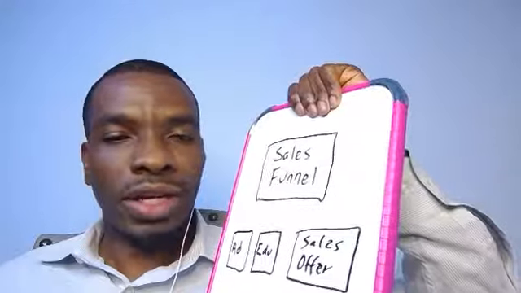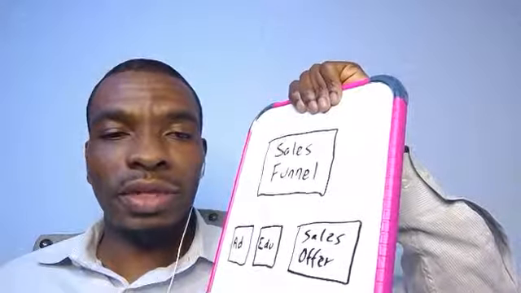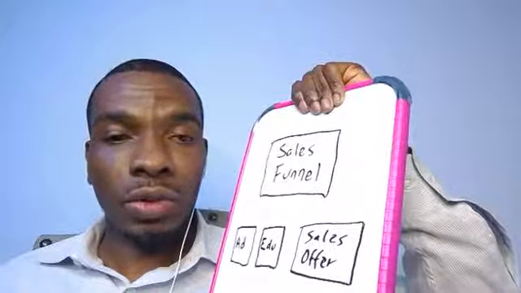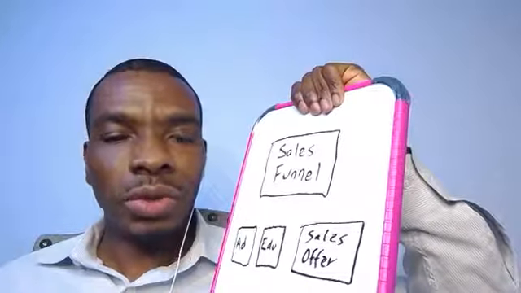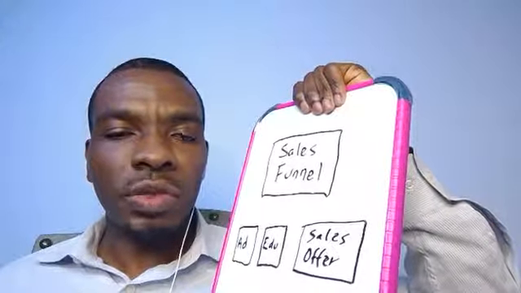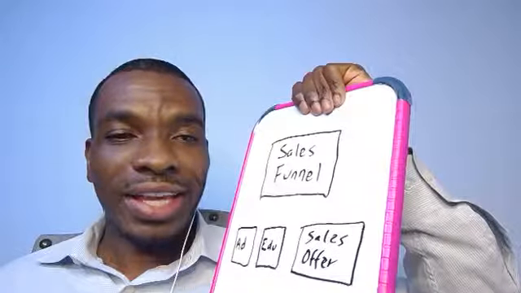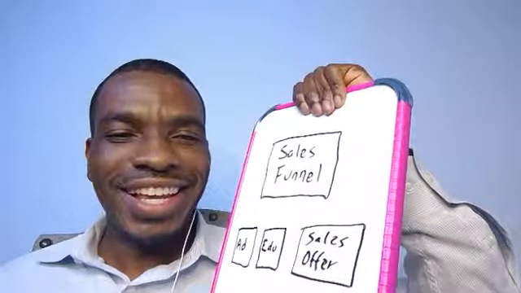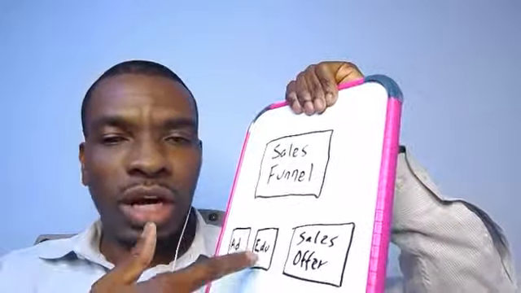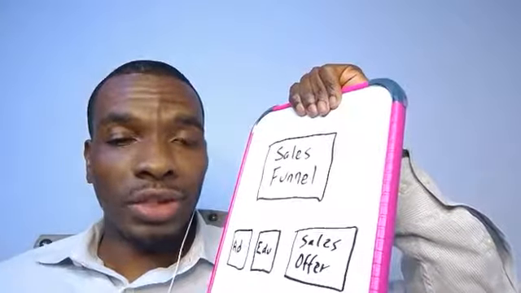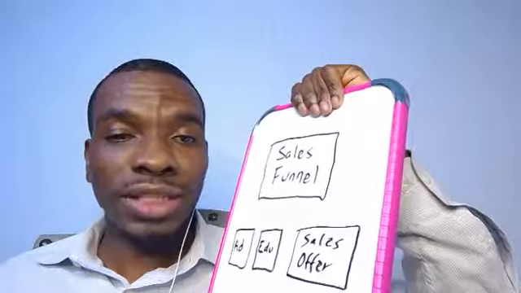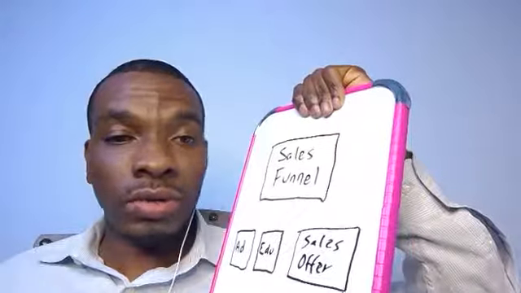A local business process may be something like this: you create an ad on social media. After you create the ad, the individual clicks on it, and after the person clicks on the ad, they go to a web page and consume content. After they consume content, they may have to schedule a consultation call.